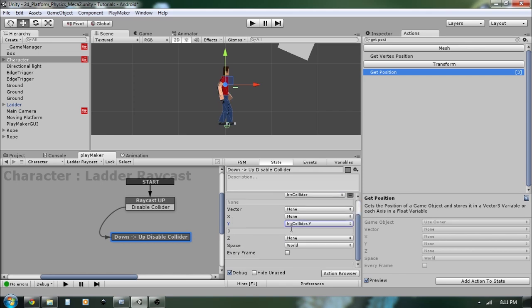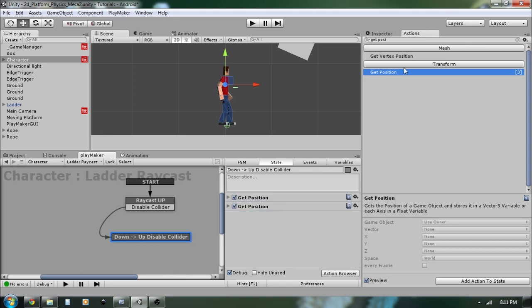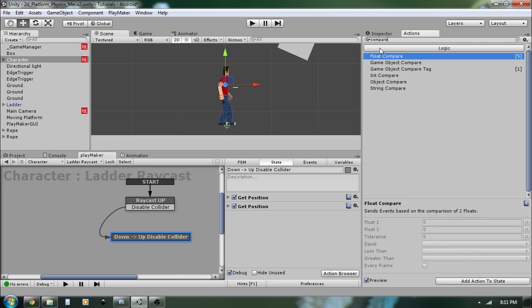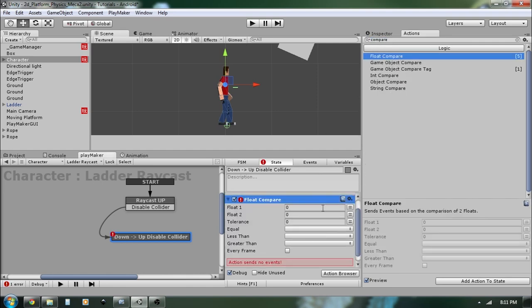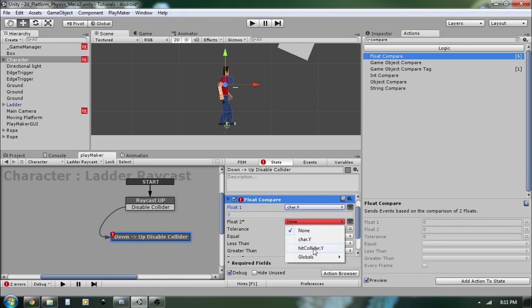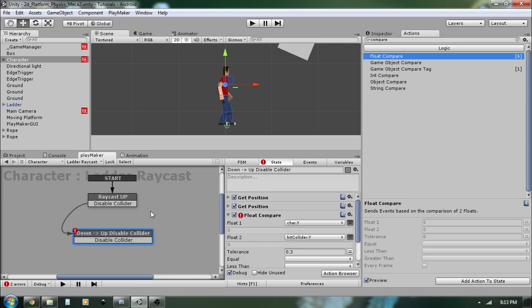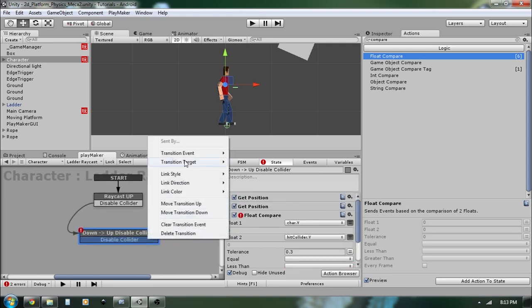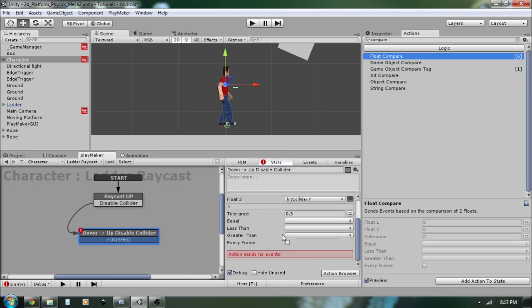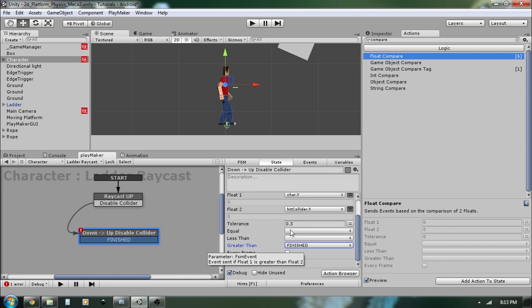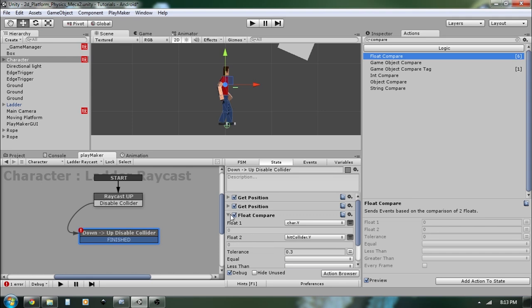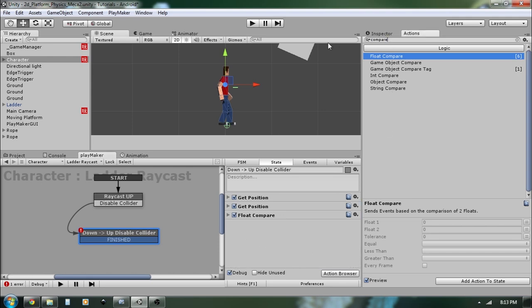We only need to store it once, and then we need a float compare. So the first one is char y and the second is hit collider y, and I'm going to change the tolerance to 0.3. Here I'm going to change the transition event to finished, and then for the greater than, I'm going to send to finish and leave the equal and less than as none here,